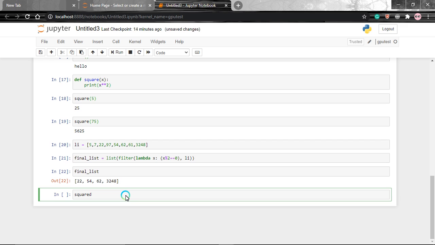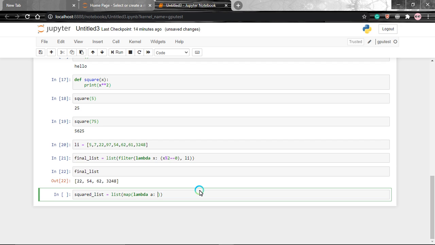So let's say I'll create my new list, squared list is equal to, we will use the list function. Now we will use the map function, as we want to do some operations on our list, we want to change their values. Again we'll use lambda x or z, any value you can use here. Let's say x, let's say a we are using. A refers to every element of whatever list is passed. It will traverse the list.